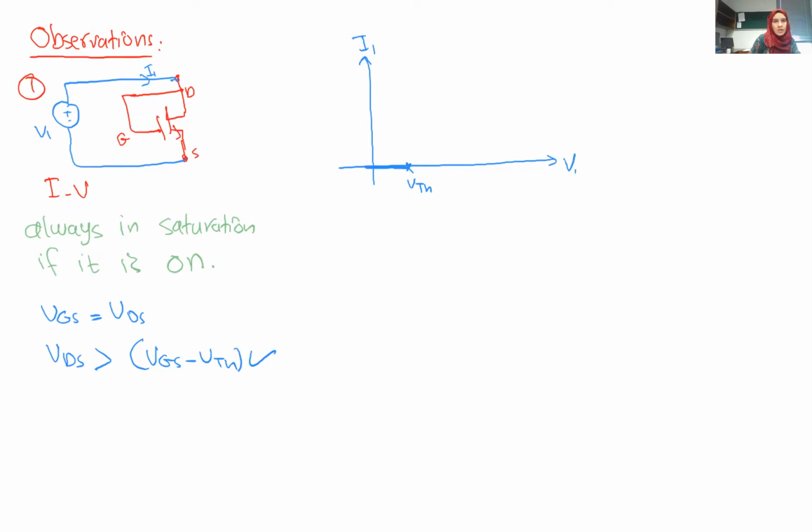Once V1 reaches saturation, it will follow the saturation equation, V1 minus V threshold squared, and we will have a square relation with the current. Okay, now